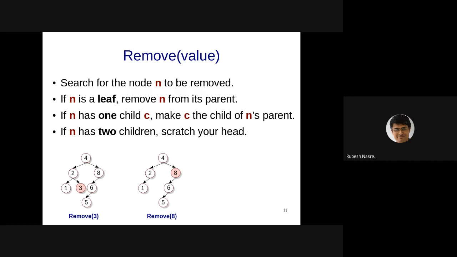Although 6 is the left child of 8, 8 is the right child of 4, and therefore 6 replaces 8 and becomes the right child of 4. Essentially that means 4's right arrow is going to point to 6. Any questions on this one?